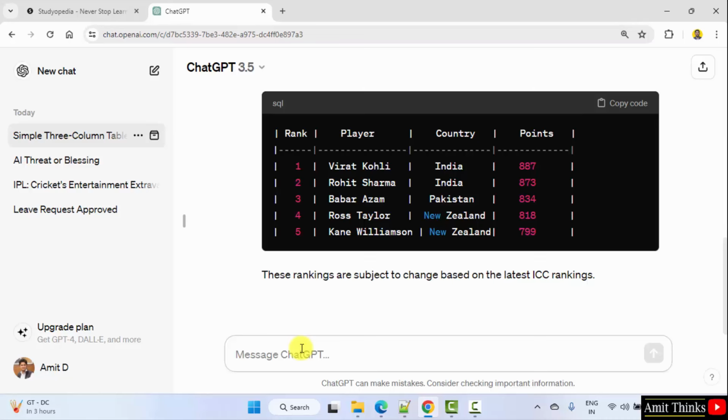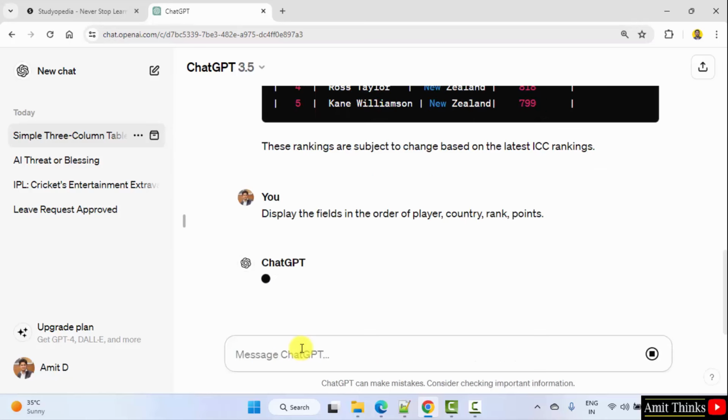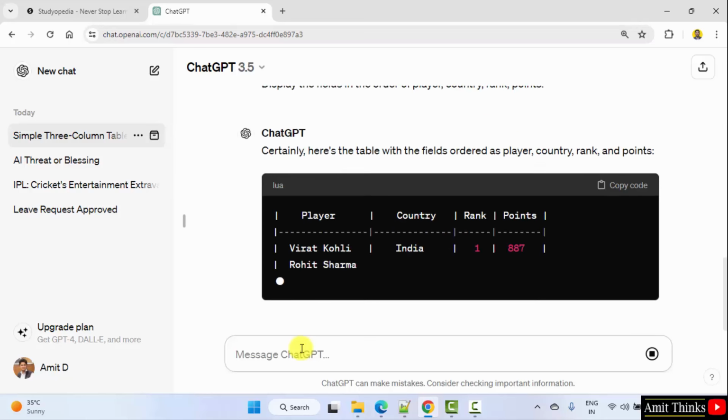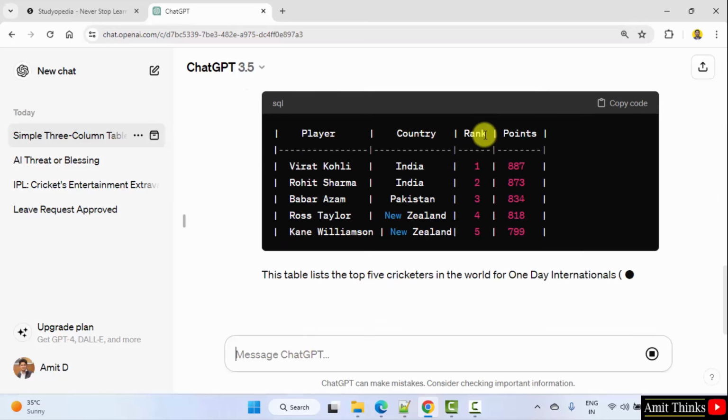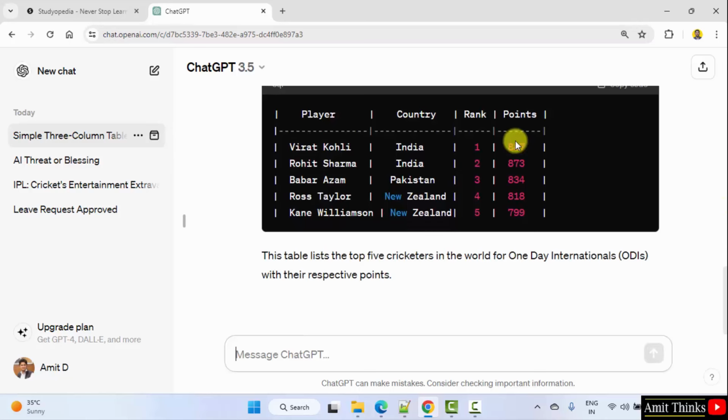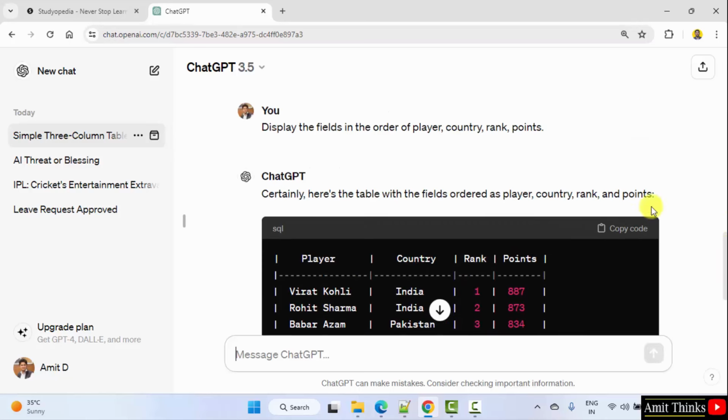Let's say, display the fields in the order of player, country, rank, points. Okay, now it has updated the table accordingly. So you can easily create tables and order them. Okay, but